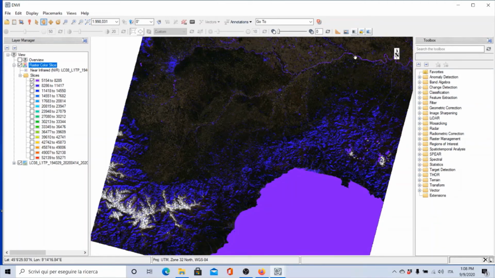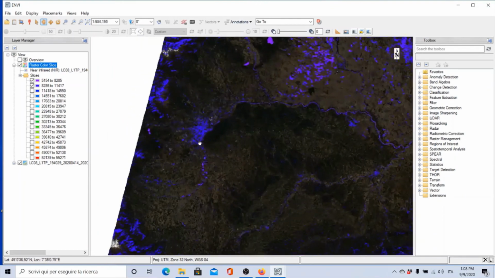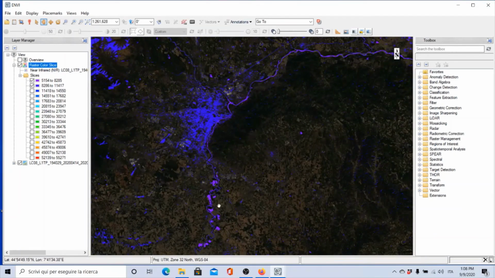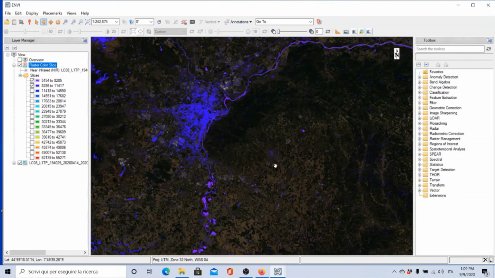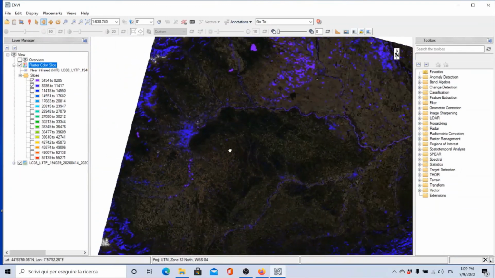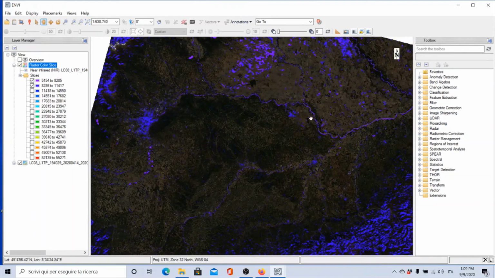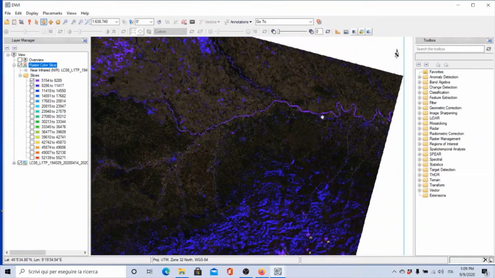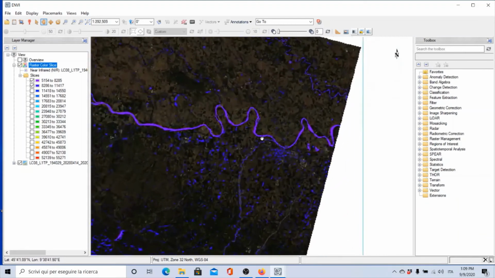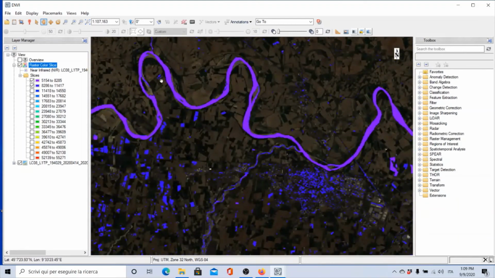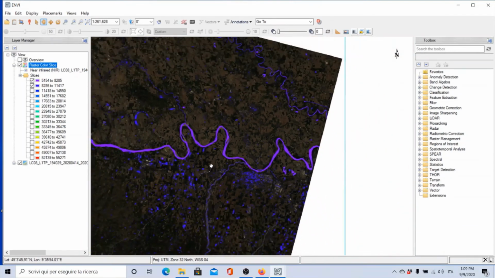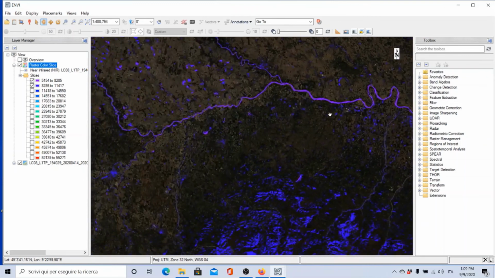And you see that you can see also the rivers. So considering that this is Torino, this is the Po River, in this color that we have automatically associated to lower values of the infrared bands. And doing this very simple thing, you see that the river is very well delineated. And you can immediately understand that in this way,